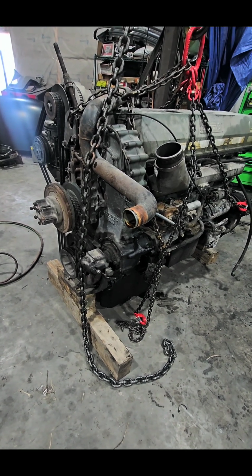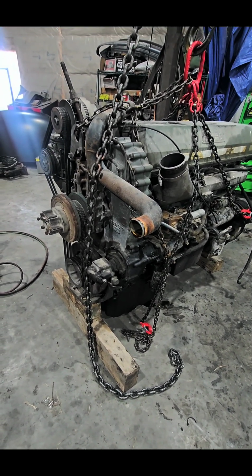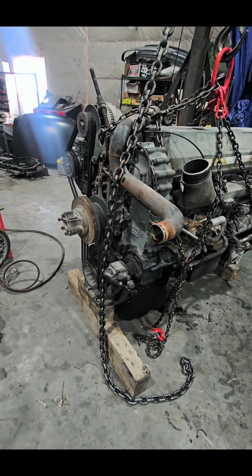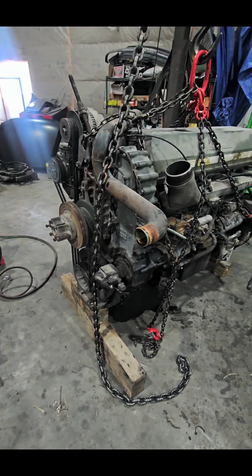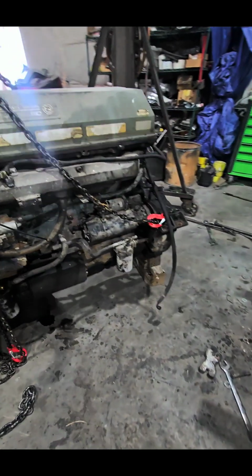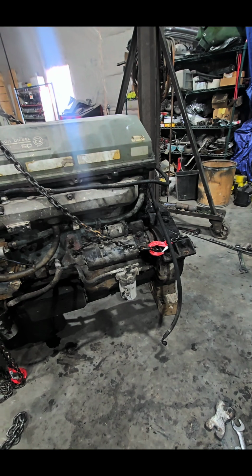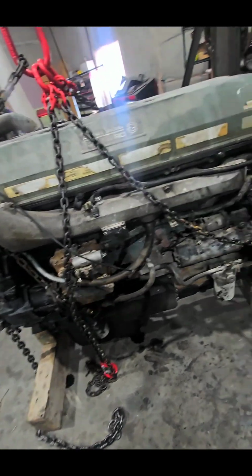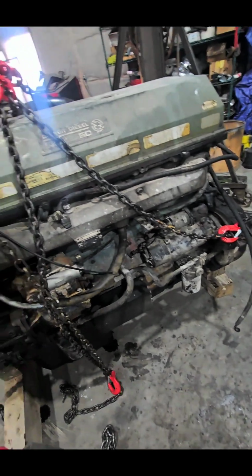I'm pretty sure, well, I know, this motor hasn't been out of this truck for at least 10 years, because it sat 7 before I bought it. It took me 2 years to get it back on the road, and then it took 4 months for it to get totaled. You know, build trucks, it's fun. But